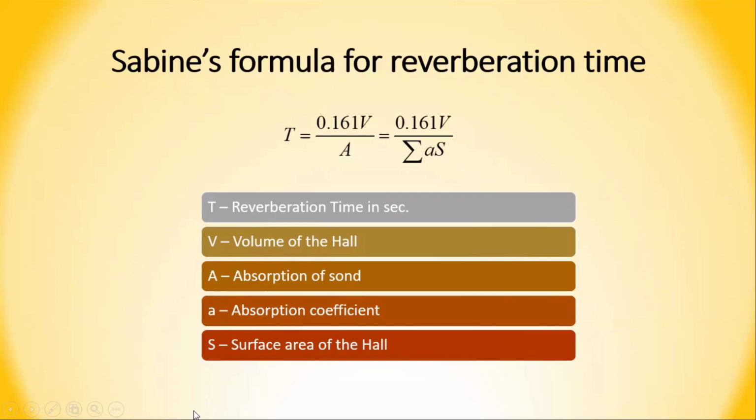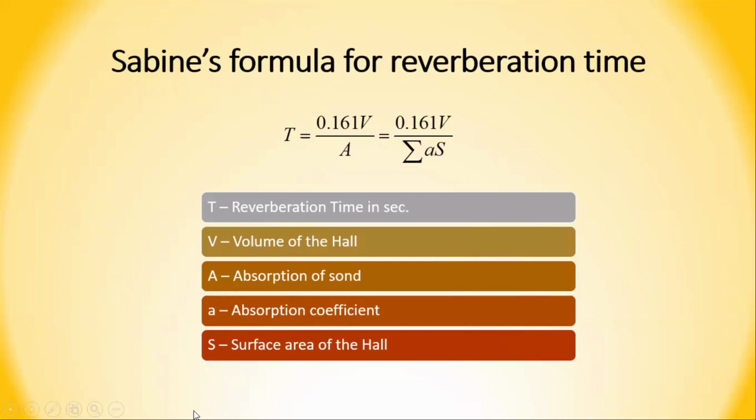In that case, there will be multiple reflections, and because of the multiple reflections, there will be interference of the sound waves, and the quality of the sound will not be proper, right? There will be degradation of the sound waves. Now, what happens if your reverberation time is very low? Then, thinking the other way, there will be no reflection of the sound, right? And if there is no reflection of the sound, then there is a possibility that the audience may not hear the sound waves that are produced by the source, right?